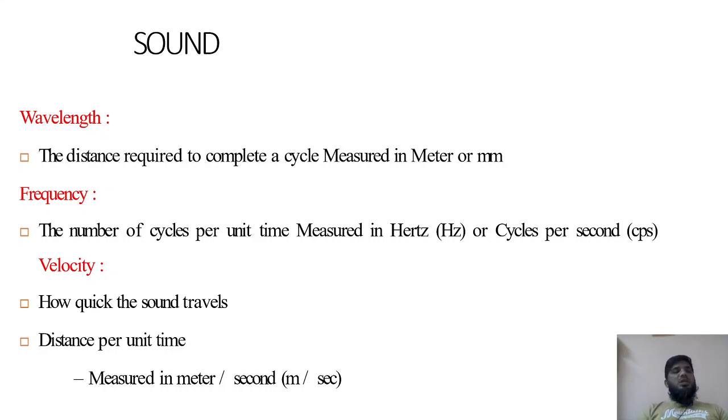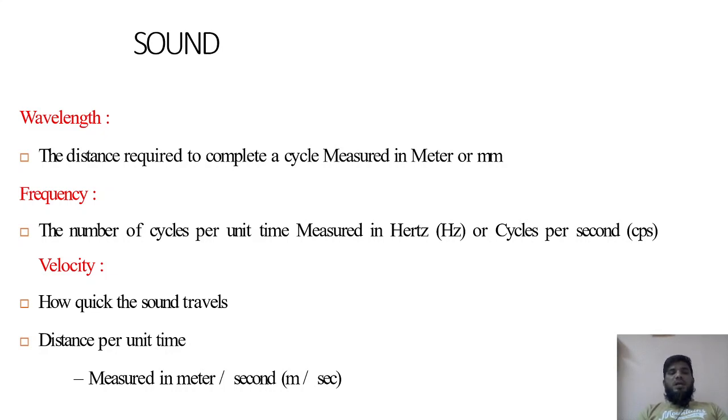Generally sound does not travel in a vacuum. For the motion of sound waves, there is a particle motion, which is studied by using a wavelength. Wavelength is nothing but the distance required to complete a cycle. Okay, so from initial to final, how the wave travels is measured by using a wavelength. So, the height of the wavelength. Frequency is the number of cycles per second. Generally, we call it frequency.